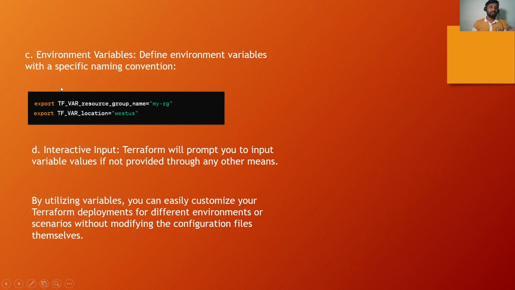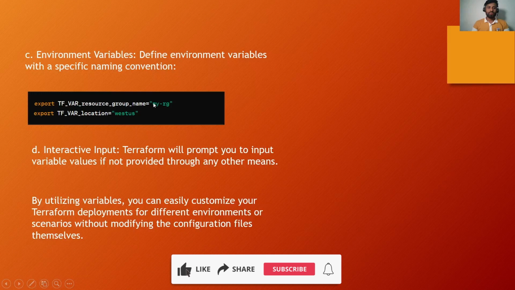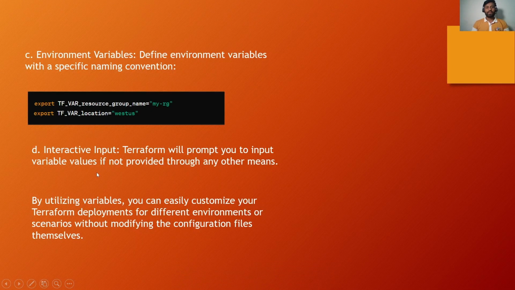Then there is a third method, environment variables. Define environment variables with a specific naming convention. Export TF_VAR_resource_group_name="my-rg". Same way location also West US. Method D is interactive input: Terraform will prompt you to input variable values if not provided through any other means. And by utilizing variables, you can easily customize your Terraform deployments for different environments or scenarios without modifying